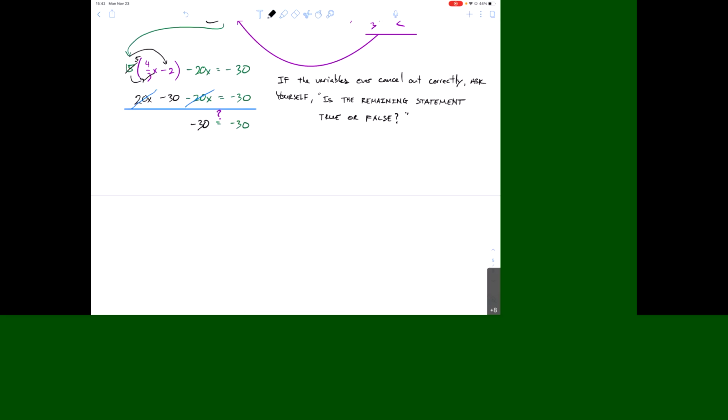So in our case, is it true that negative 30 is equal to negative 30? Boy, I hope so. This checks, so it's true. And I'm going to tell you right now, if it is true, this means the two equations are the same. So in other words, since the variables cancel out, it's not dependent on the variable to find a solution, right? What this also means is that